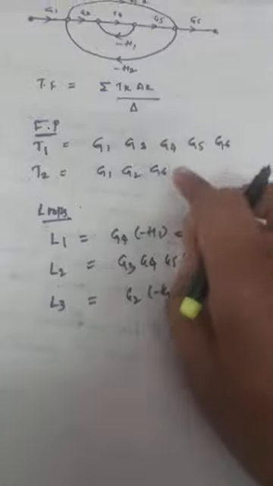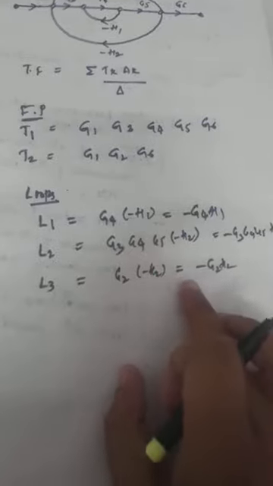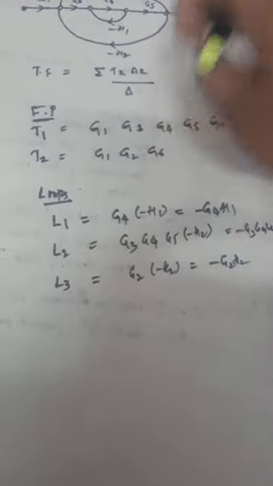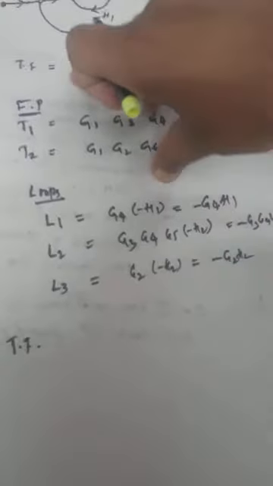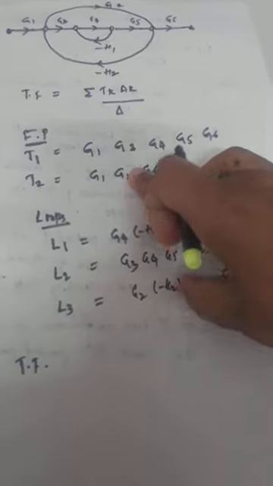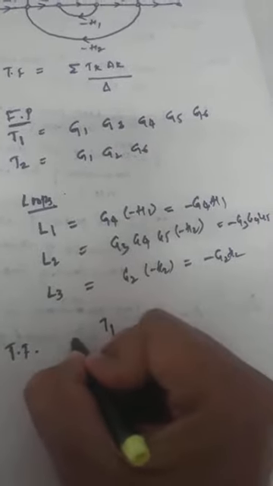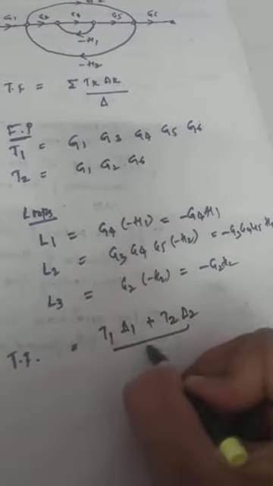So to find the transfer function, first you should find the number of forward paths. Here I got two forward paths, and you should find the number of loops. How many loops did I get here? I got 3 loops here. Already we know the formula. The transfer function depends on the number of forward paths. Therefore here the transfer function can be written as an algebraic sum. Because I got only 2 forward paths here, it is T1 delta 1 plus T2 delta 2 divided by delta.